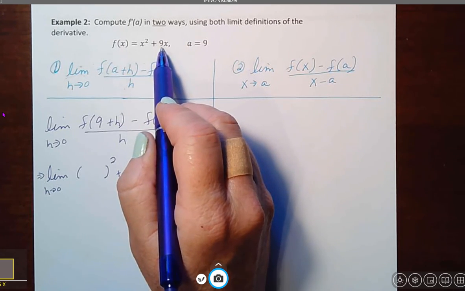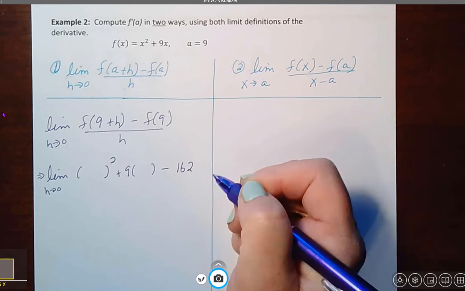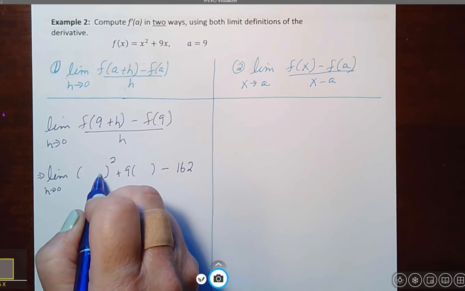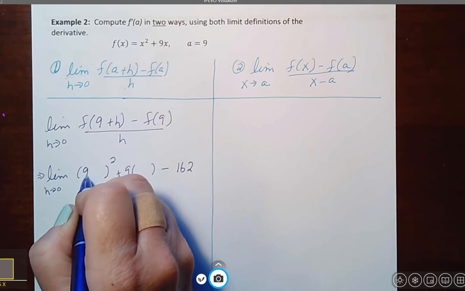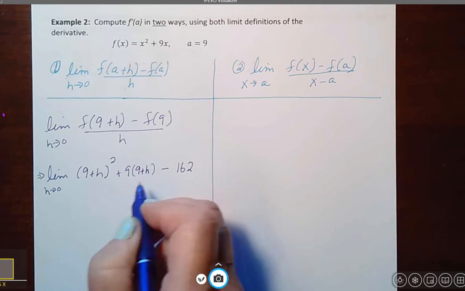81 and 81, 8 and 8 is 16, 1 and 1 is 2, 162. See how you can do that in your head without even having to have a calculator? And now we're going to fill in the parentheses with the binomial 9 plus h, 9 plus h. Okay, and that's